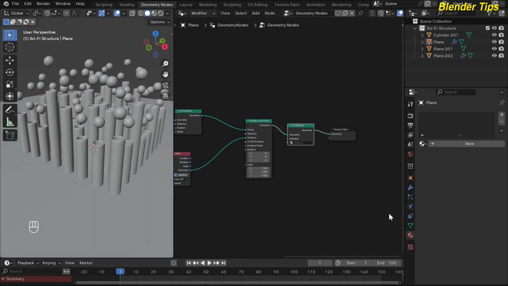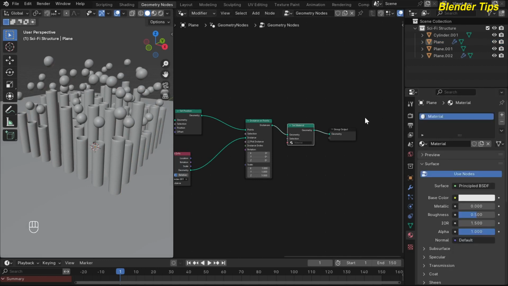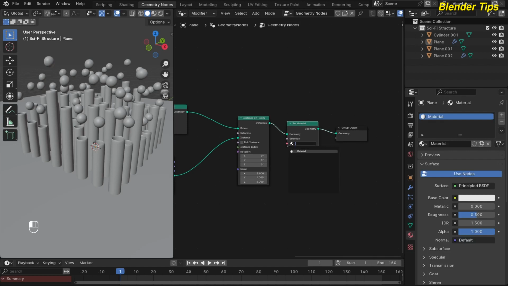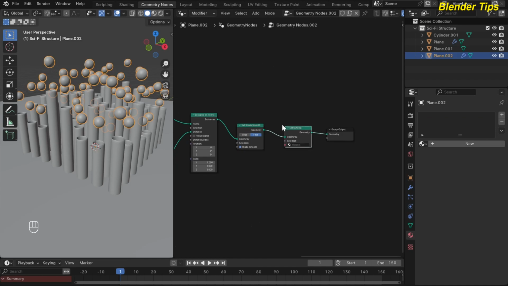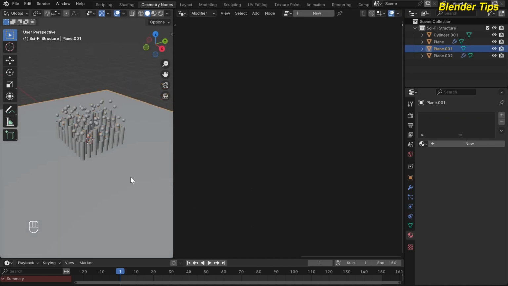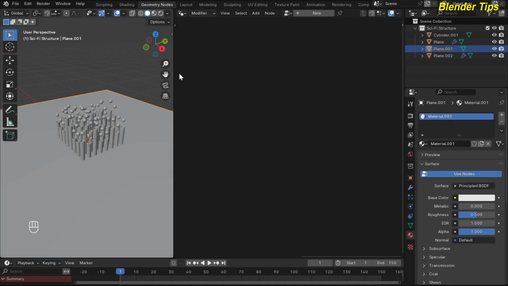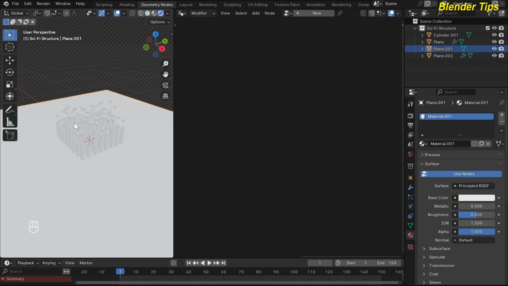Beautiful. Now in material, here I create a new material, and here I put it into this, and also for the spheres, here I enter this material, and for this surface I create another material, and here in rendered view,